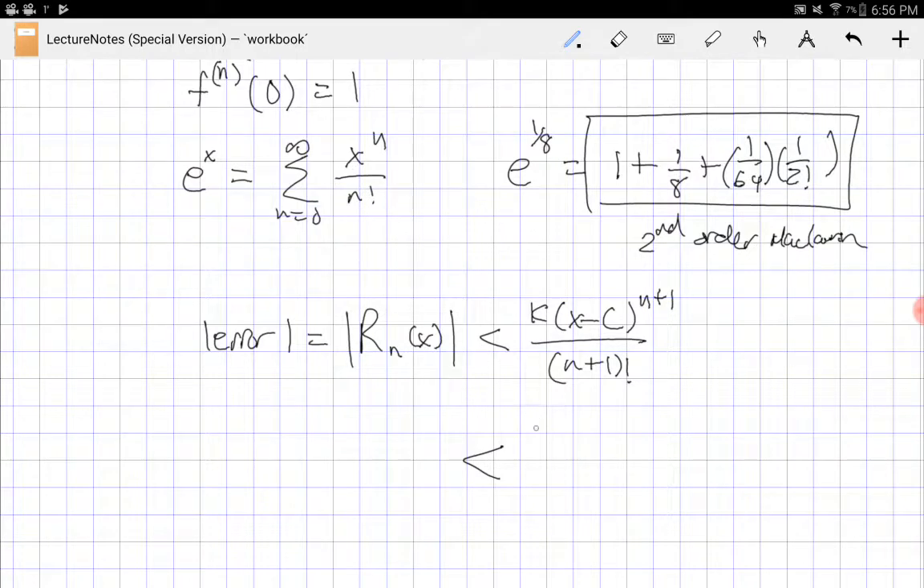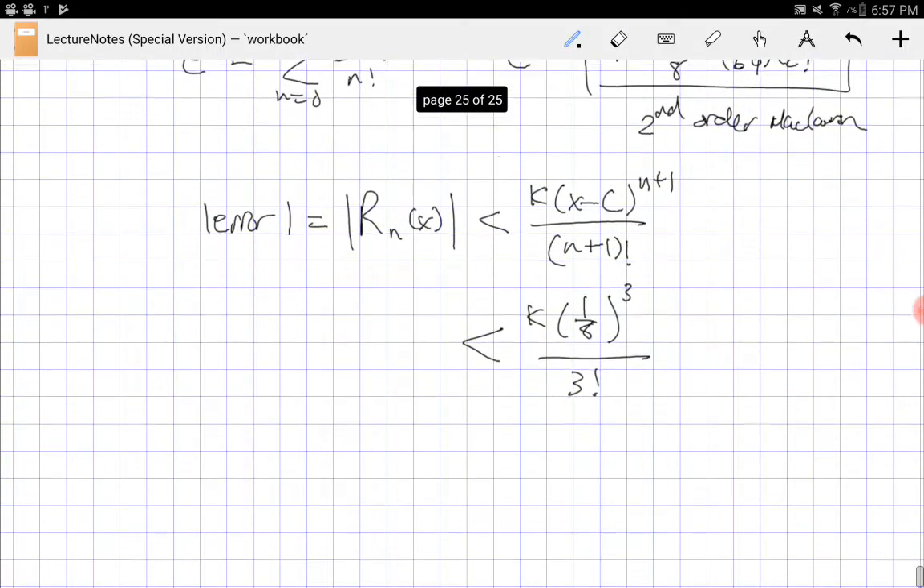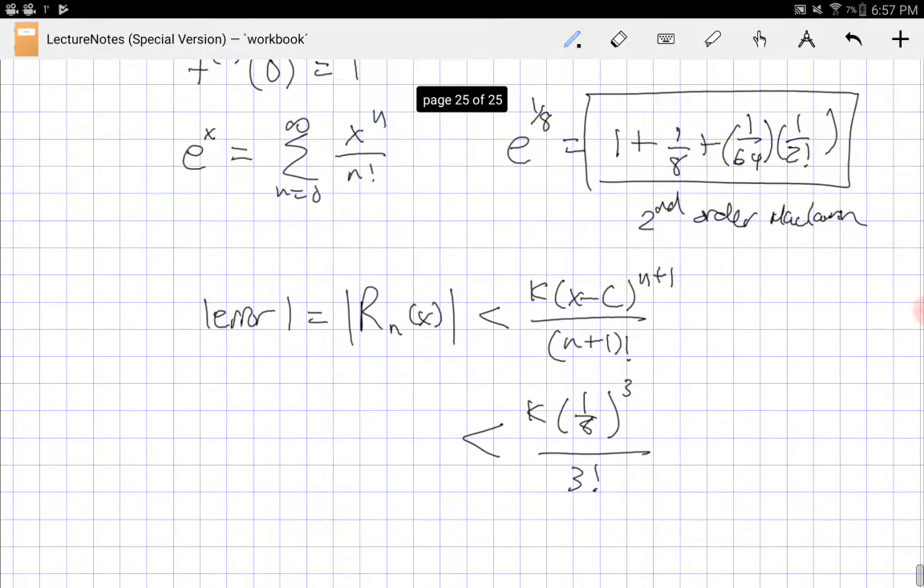So let's just rewrite everything. So we have k, x is 1/8, c is 0, n plus 1. Since we expanded to the second order Maclaurin, we would have the second order plus 1, so we would use the third order, to the power of 3, divided by 3 factorial. And k is equal to,